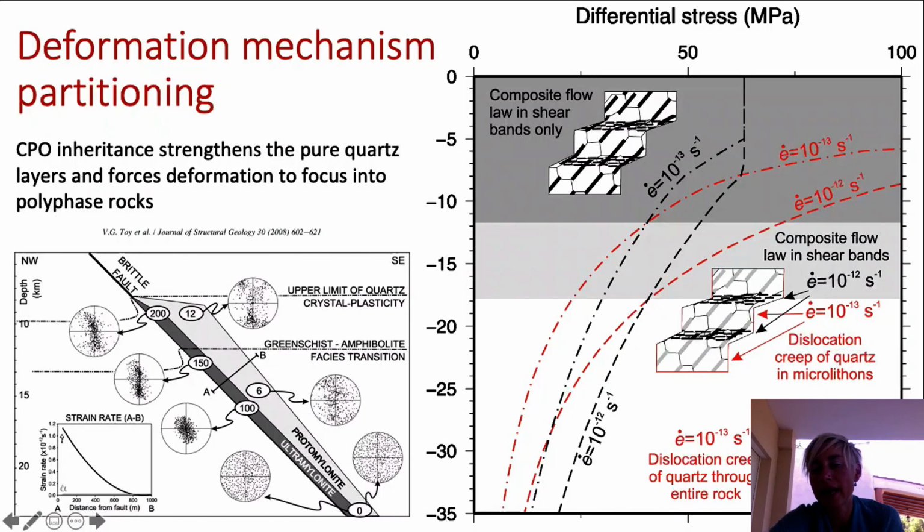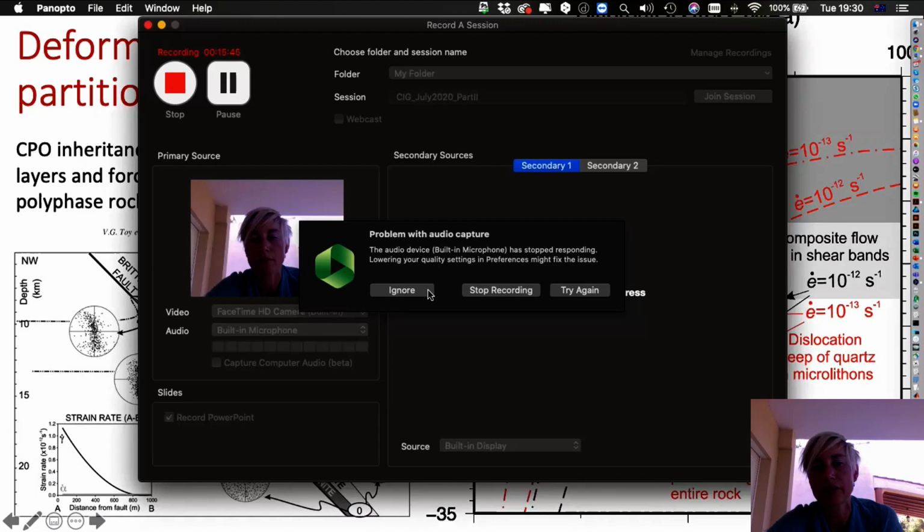In this diagram, I was considering the idea of a pure dislocation creep flow law and what I called a polyphase flow law, which was a combination of dislocation creep of quartz using a mixing law, combined with a grain boundary sliding or a sort of frictional viscous flow within the rocks that contain a substantial proportion of muscovite and biotite. And these strain rate curves, which are these strength curves,